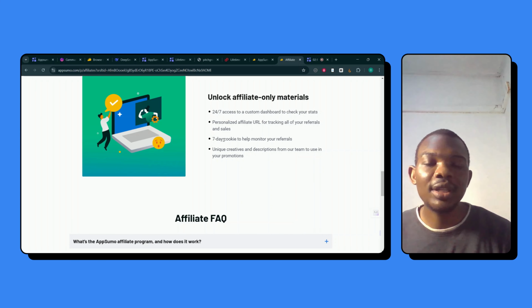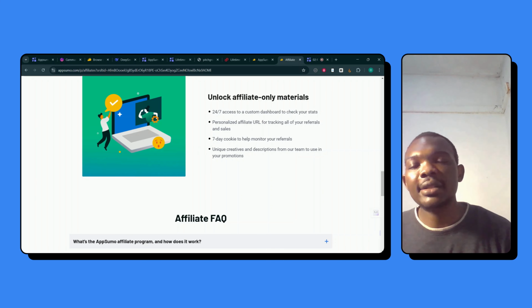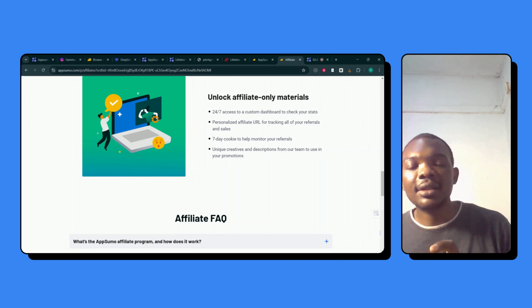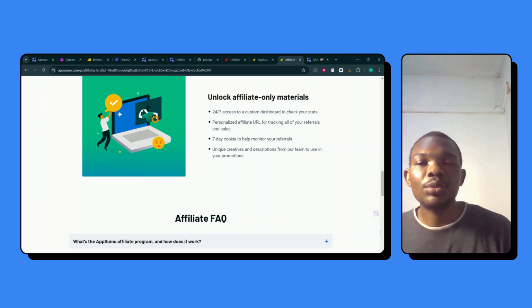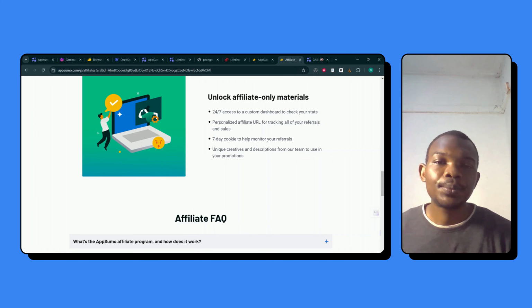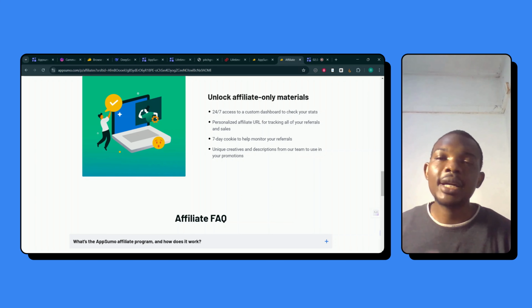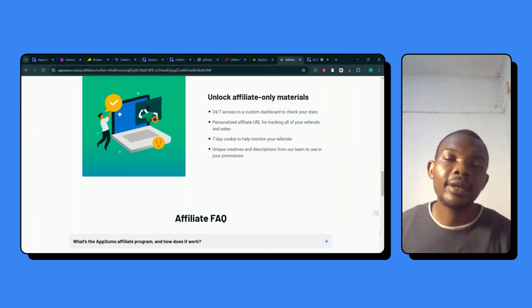Now the sweet thing about AppSumo, because one of the important things when you're signing up for an affiliate program is the cookie length, the cookie duration. So what does cookie duration simply mean? It means if someone clicks on your affiliate link to go to the AppSumo platform, how long do they need to wait before that sale will no longer be attributed to you? That's what cookie length means. So what that means is simple. If I share the link and I post, oh, this tool is amazing, you guys should get it, and you click on the link,